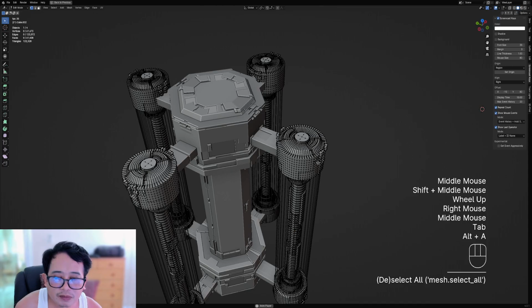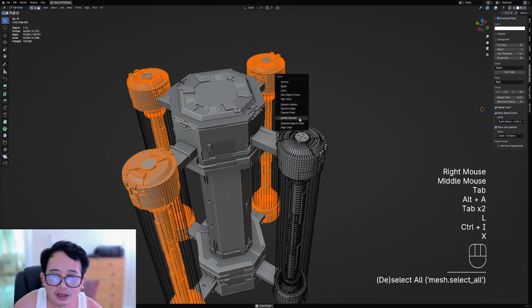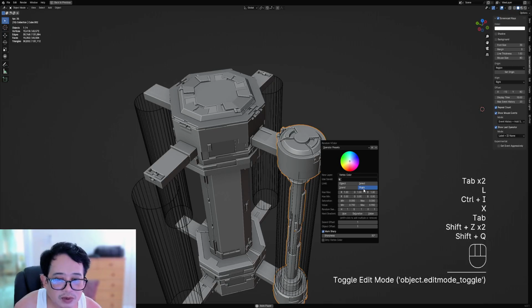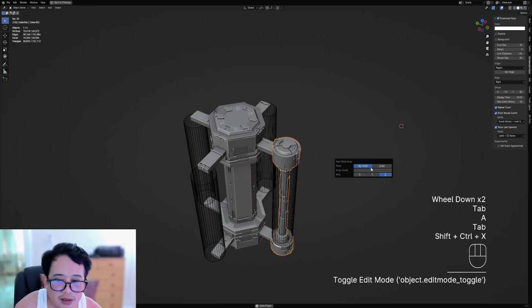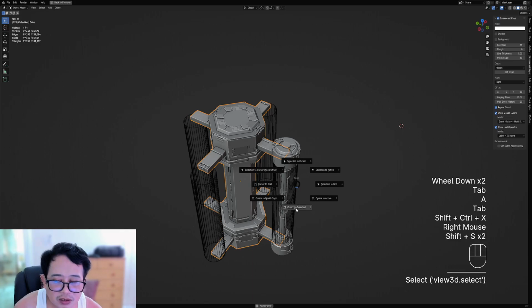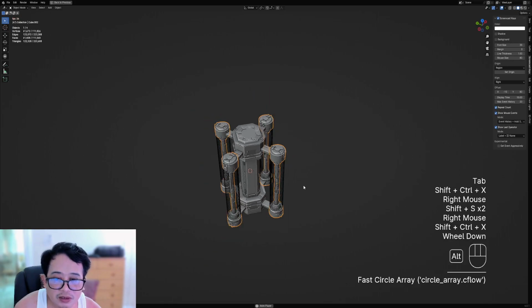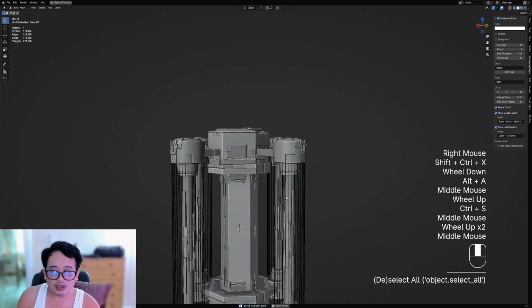So to make it faster, I'm just going to get rid of the rest and just use this for the operation. This is the slowest one. And then selecting everything, just use array again. Cursor to selected, and circle array, cursor. There we go. And I think we're ready to test out